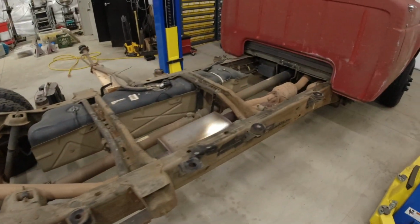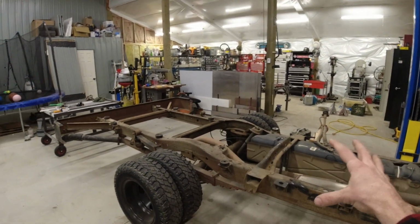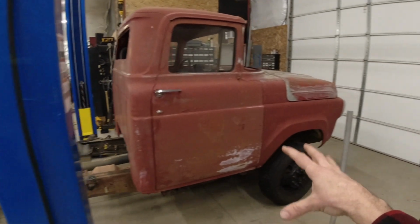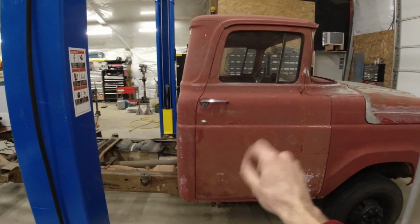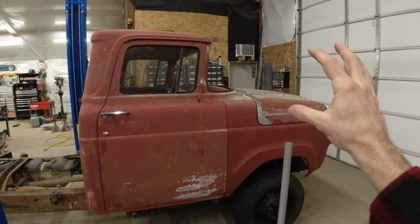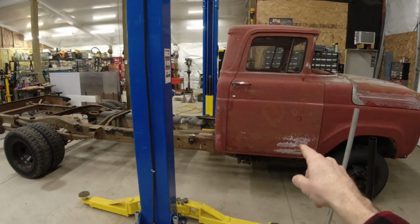All right, the pressure washing on the frame came out fantastic. The next step back here is going to be starting the process for building the entire box. Up on the front here, I am going to have to remove all of the steel that I just installed so that I can get all of the finishing welding done on the cab and then prepare each individual panel for paint. That is going to be in a future episode, but before I leave you guys, I did want